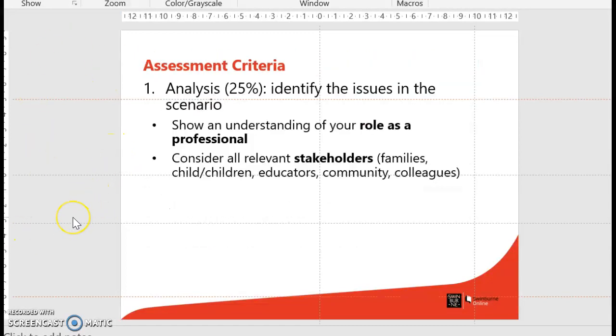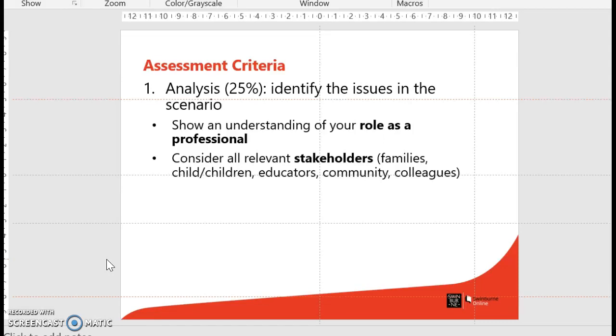Now, the first part of the assessment criteria is analysis, and this is worth 25%. So you need to analyse the situation, which means you need to dissect it and pull it apart, so to speak. You want to look at all the different stakeholders and what it means to them. So what does it mean for Anna? What does it mean for Lee? What does this scenario mean for you and the other educators? Look at all of these stakeholders in an ethical and legal way in relation to those documents, and try to break it down as to which documents you would refer to in this particular situation.